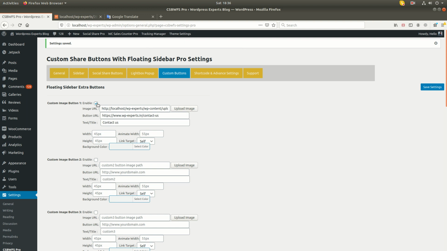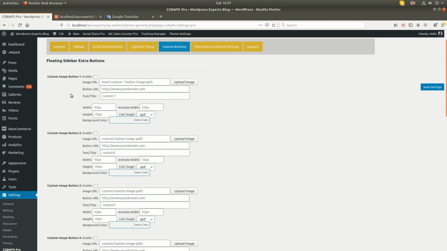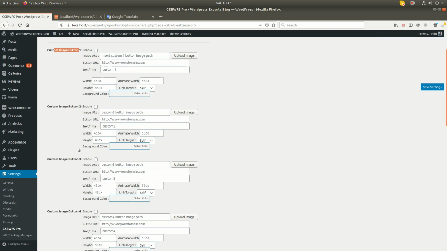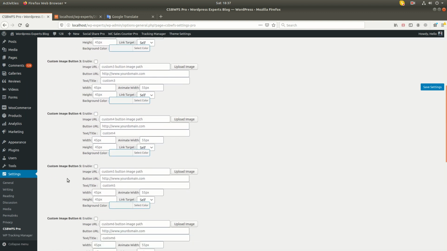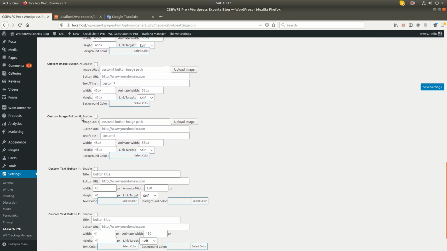In the same way you can use all these buttons as per your requirement. We have given 5, 6, 7, 8 custom image buttons, which means you can use a custom image button icon.